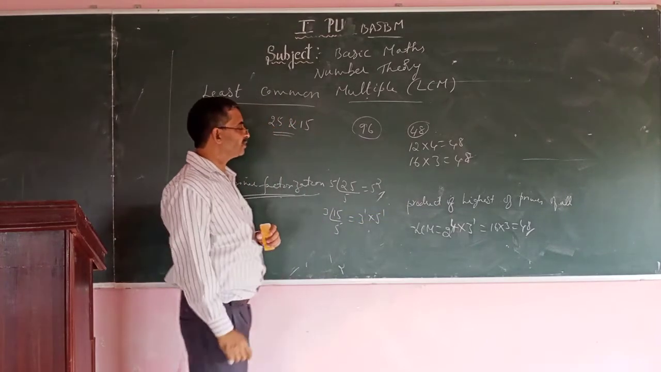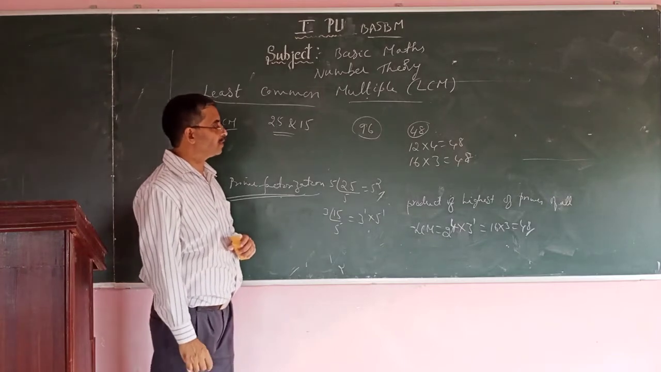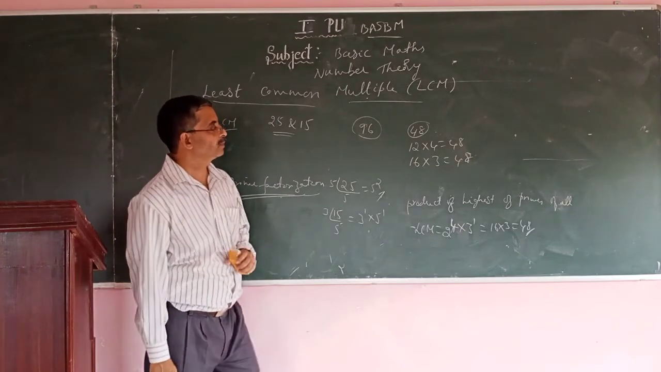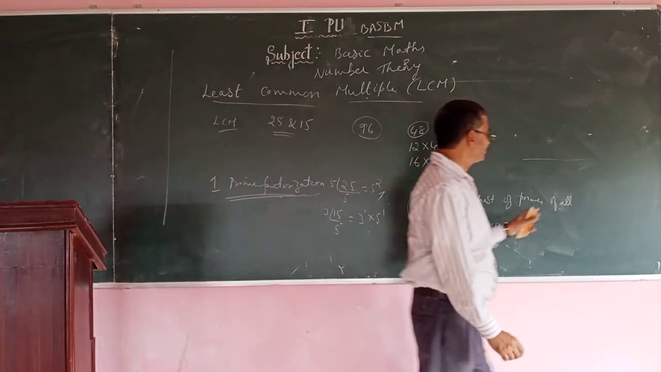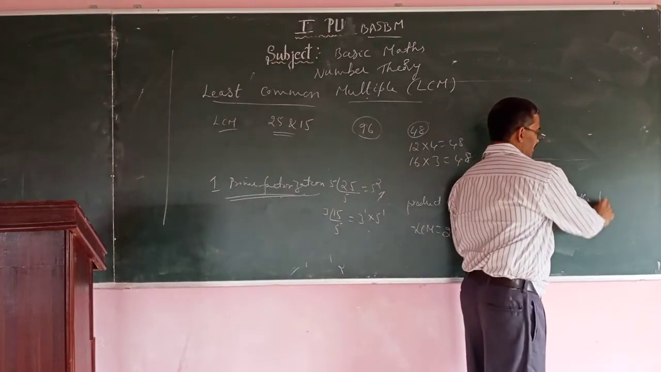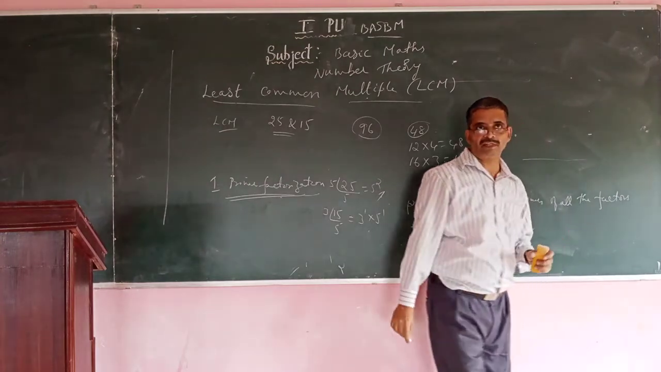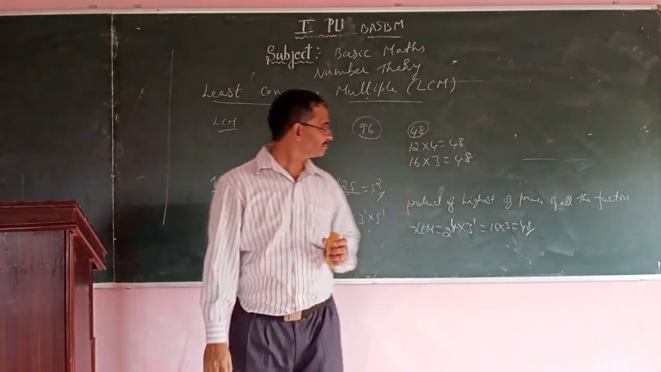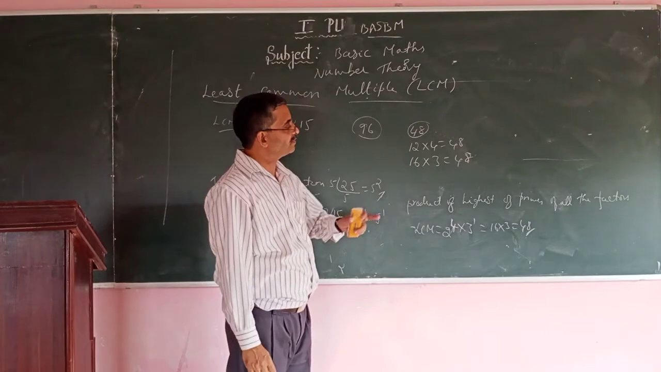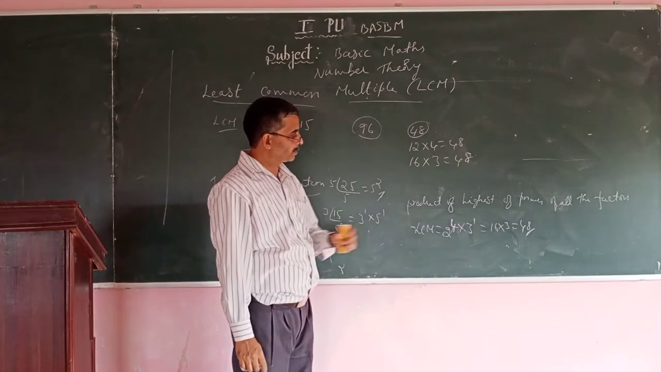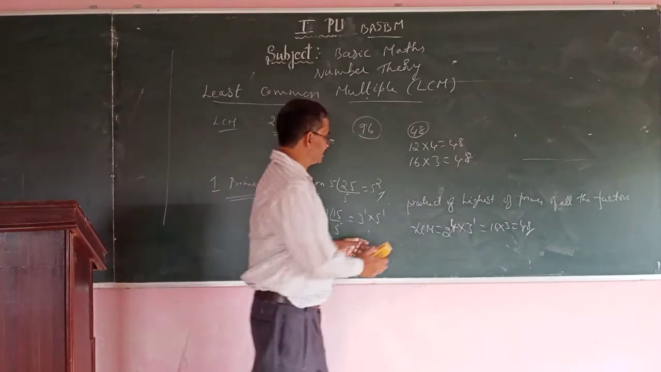So LCM is the product of highest powers of all the prime factors. Factors in the sense prime factors only here. Product of highest powers of all the factors. That is the LCM. Here, in this case, in this problem,